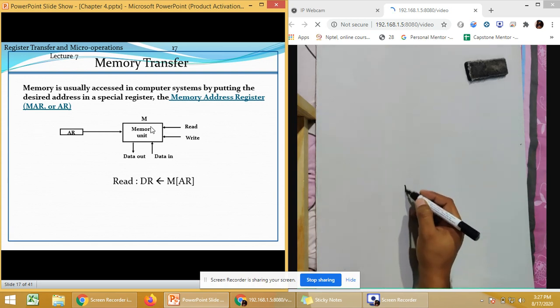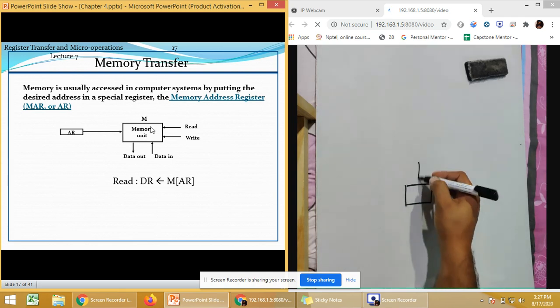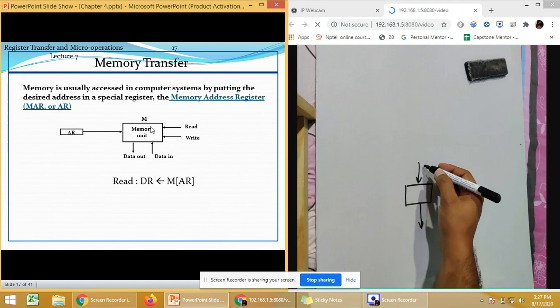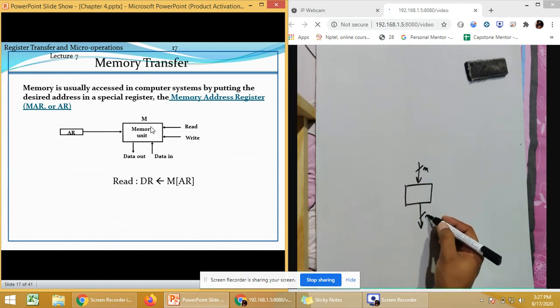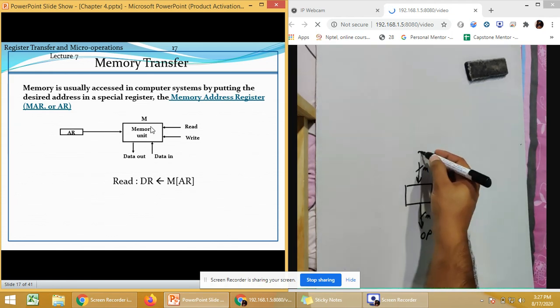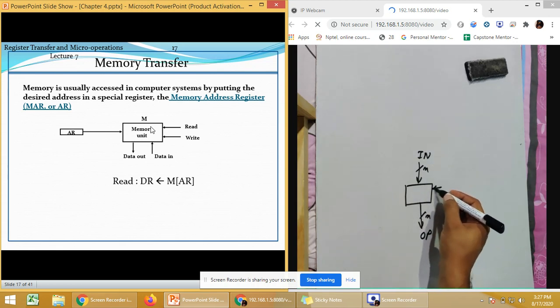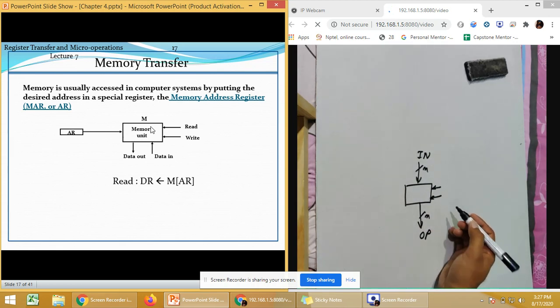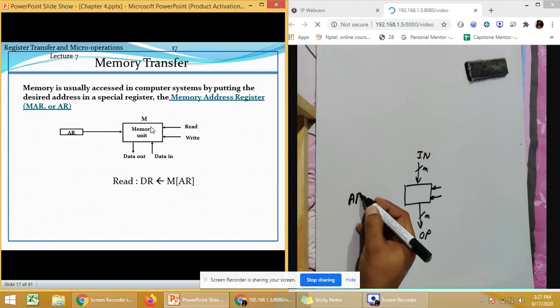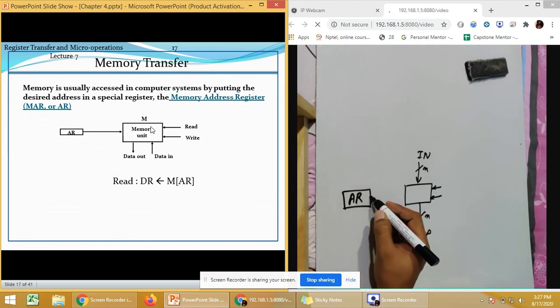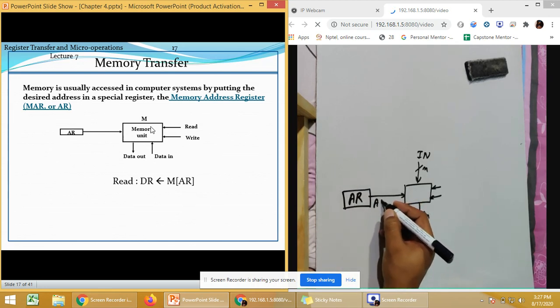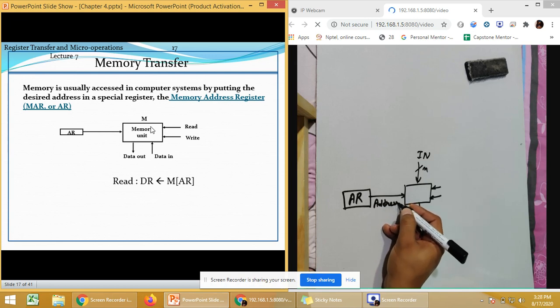This is simply the same circuit which we did earlier: on one side there are input lines, on the other side output lines. There are two lines, read and write, and then we have an address line, that is AR. So these are the address lines which we have.